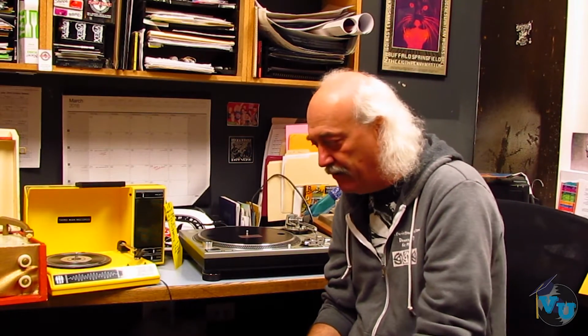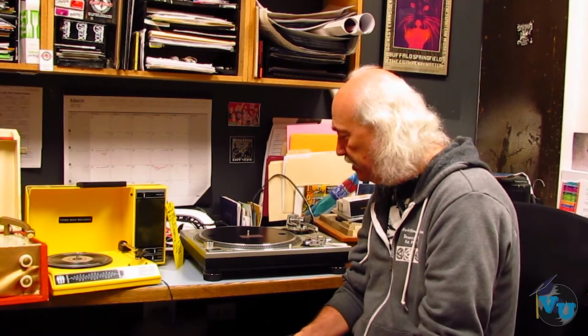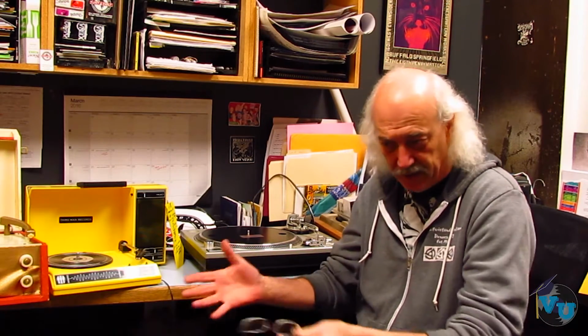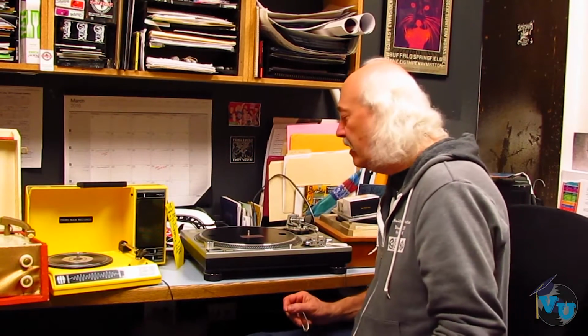So we recommend that if you're going to go down the road of records certainly, or really music appreciation at all, that what you do is buy yourself a real turntable and a real amplifier and real speakers, and then you can hook your CD player to it, or your iPod or whatever, and actually listen to music as it is intended to be listened to out in the air, through